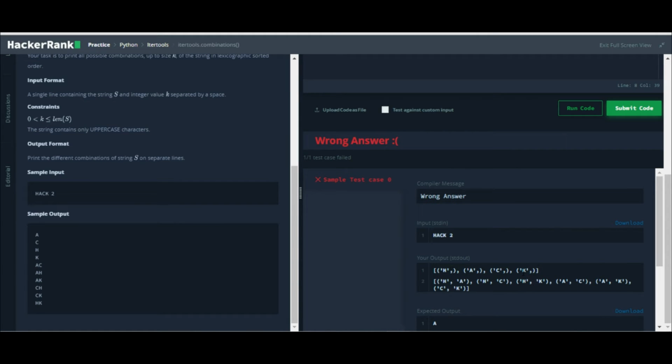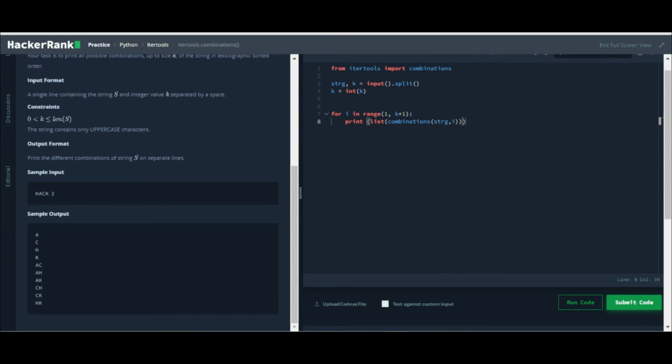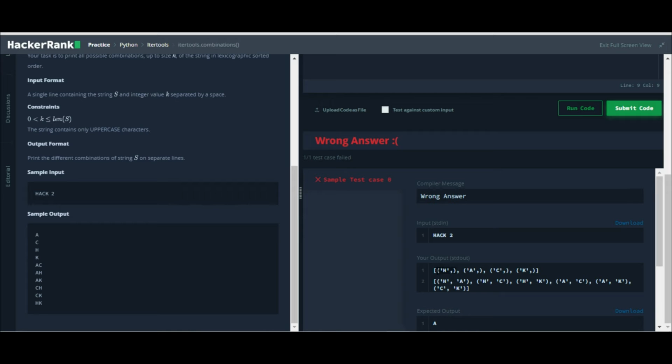So HACK, you can see HA, HC, HK, HAC, AK, but we don't want it this way. We want them concatenated. So I'll save it in temp, a temporary variable. I'll remove this. Now we have temp, and we can join these, but we have to access each element. You can see this is one element, another element.